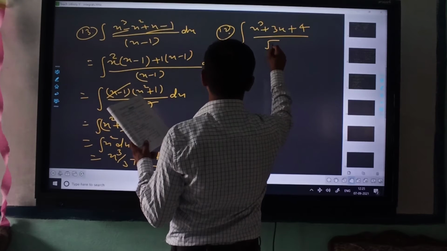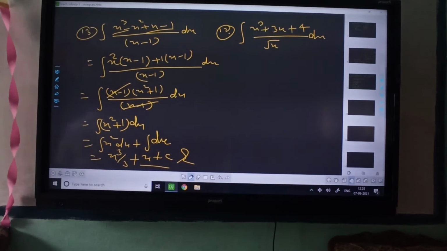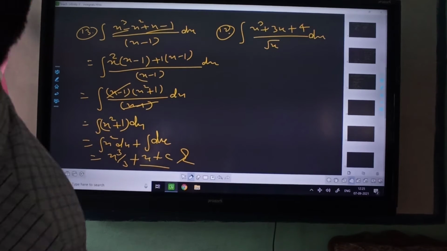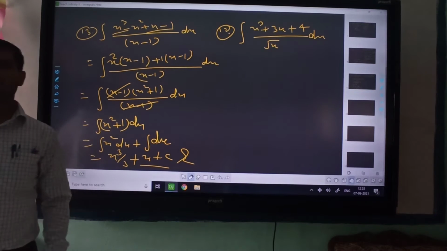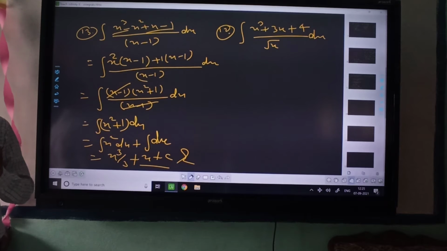Harsh, you have to solve this question and explain. Yes, Harsh. Can anybody tell me how we can solve this question? Harsh, Riya, how can we solve this question? Pratik Pandey: we can write it as x upon root x.